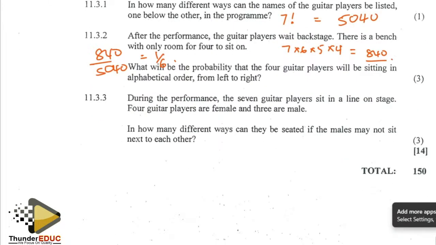Then during a performance, 7 players sit in a line on a stage. 4 guitar players are female and 3 are male. So 4 female, 3 male. In how many ways can they be seated if the males may not sit next to each other? So for that to happen,